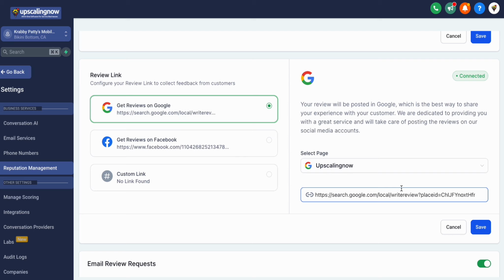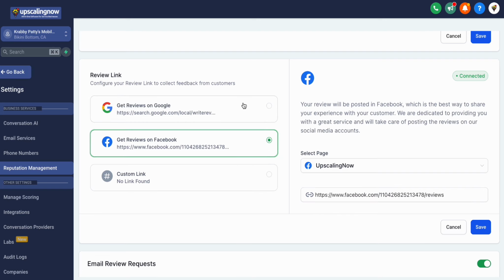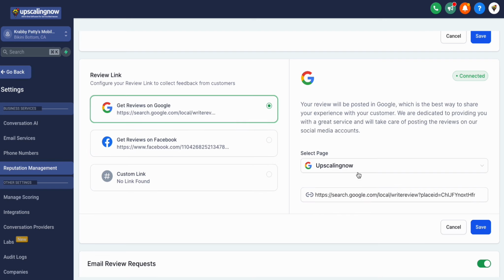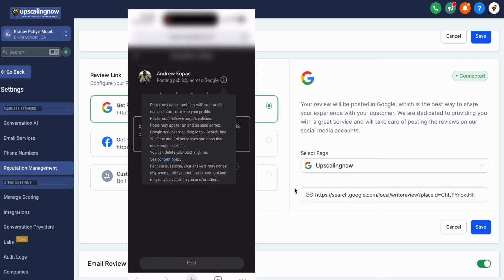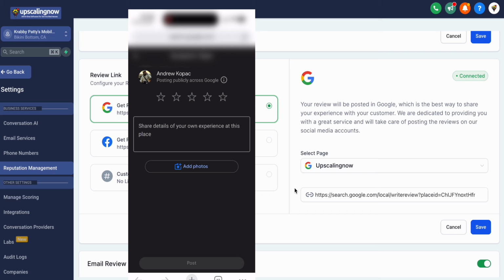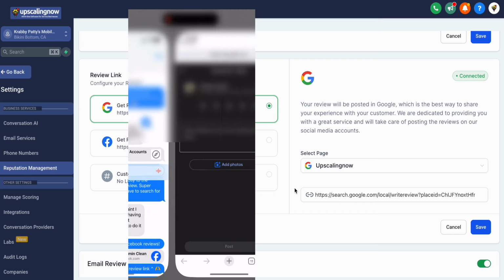It's an extra step that not many people do when they generate their review link. It just simply takes you to their profile, and then you have to search for their reviews in order to leave a review. Using these links right here, whether it's for Facebook or Google, using these specific links that Upscaling Now generates for you will take them directly not only to your Google page or Facebook page, but also open up the prompt to go ahead and